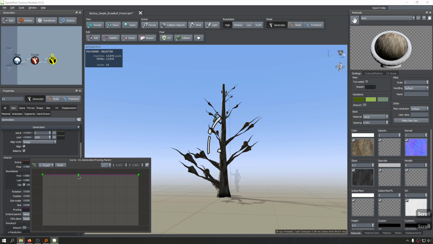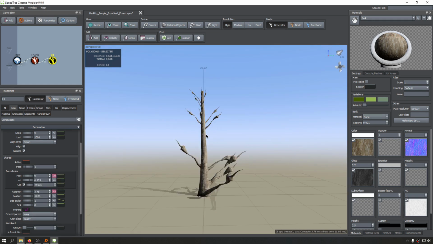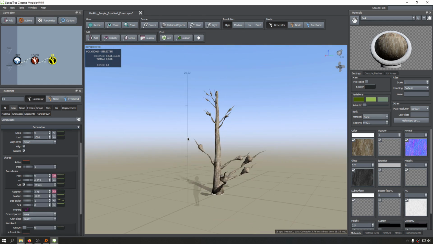So let's choose a couple of points for the center and do some checkpoints in here so that these do not change, and bring this down and bring this down also. And you see all of these center ones have been pruned. But if you want to do anything else, for example,